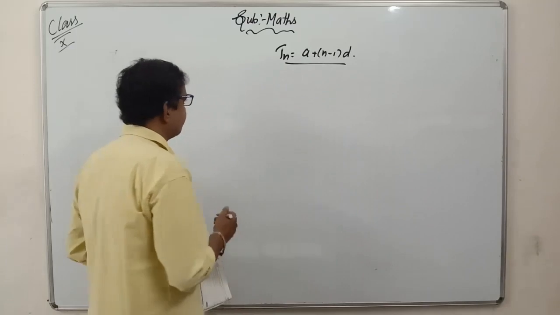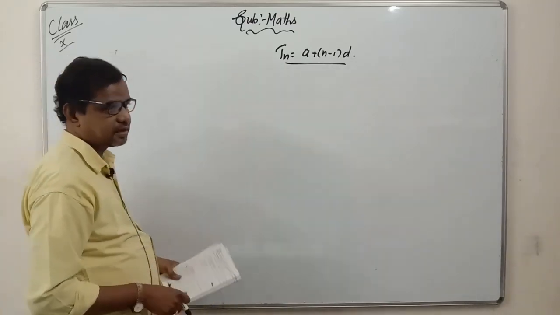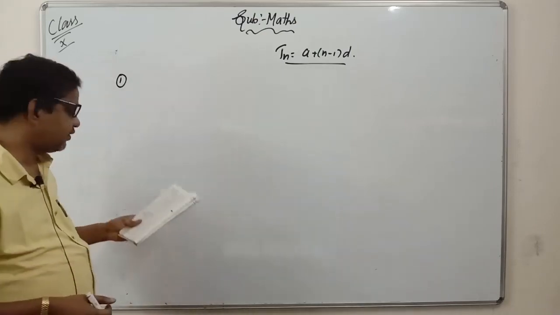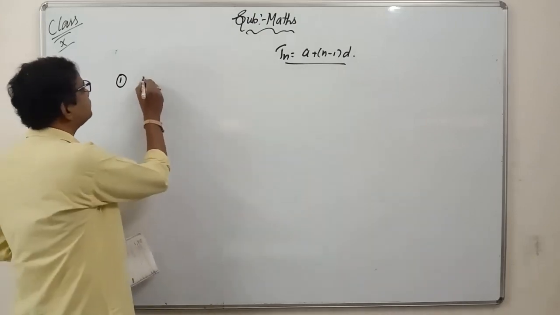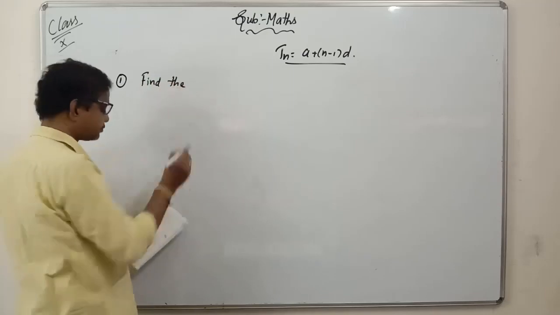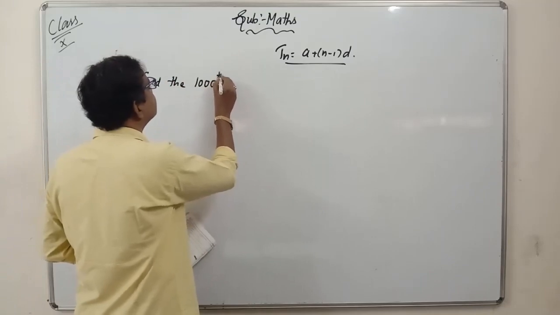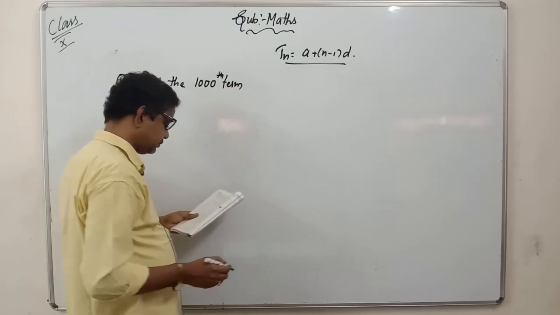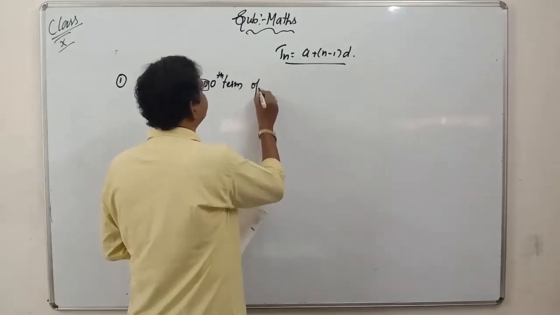Let us solve one worked example. If you solve one worked example, you will come to know exactly what this means and for what sake we are using the formula. It is given here: find the thousandth term of the sequence